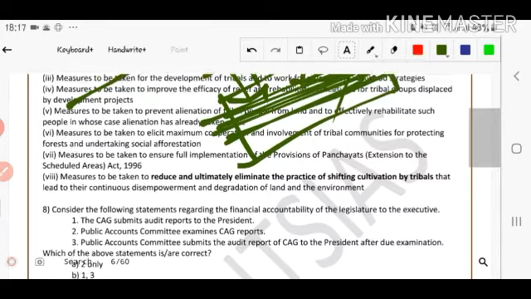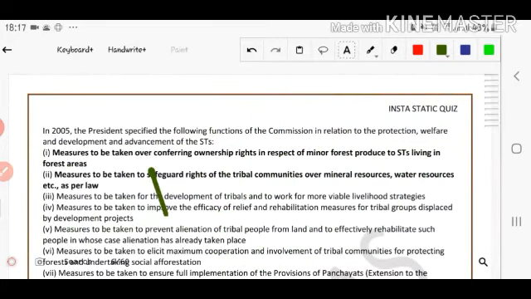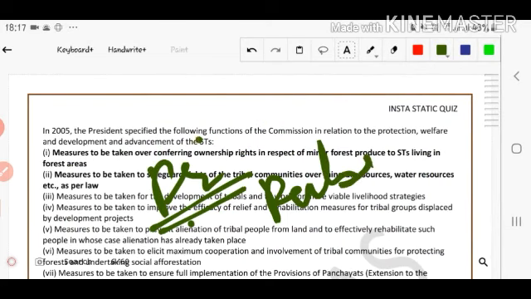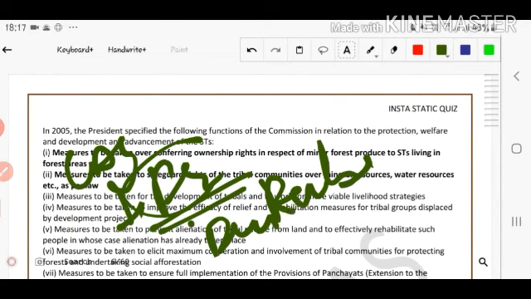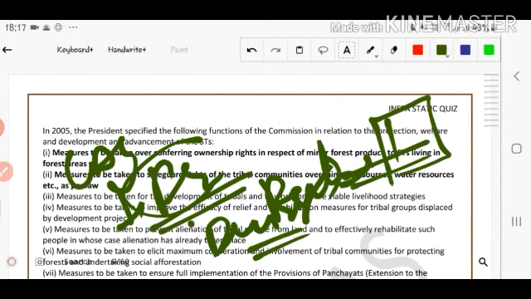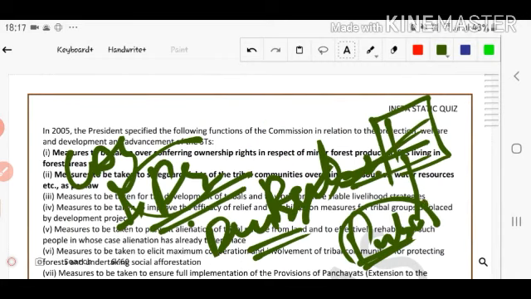And let us see, who appointed it? The President. The Public Accounts Committee is related to the CAG only, because the CAG makes the report that goes to the President and is given to Parliament. The report is just discussed and then given to the Public Accounts Committee for scrutiny, and the CAG is called the philosopher of the Public Accounts Committee, guardian or philosopher, whatever the case may be.